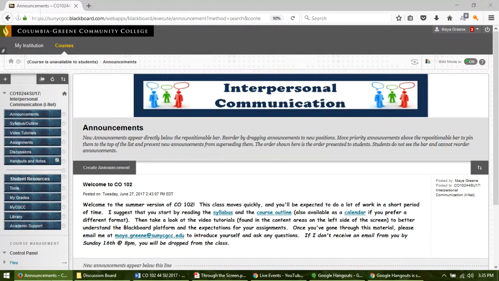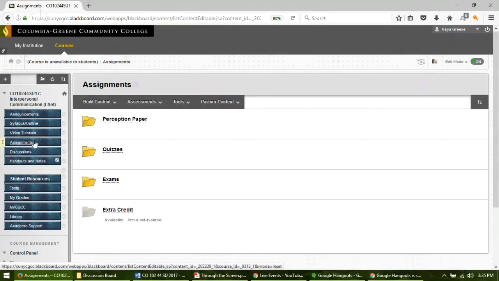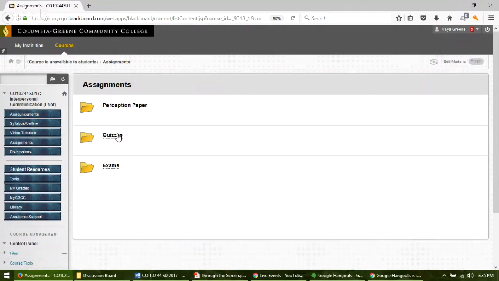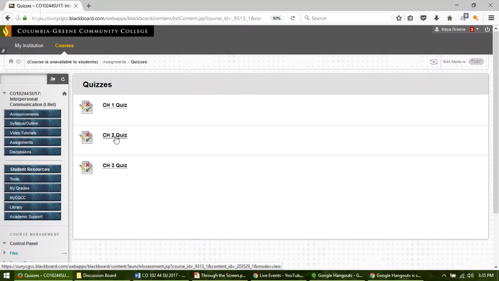So first and foremost, you're going to go into the Assignments tab here on the left. And within this module, you're going to see a folder entitled Quizzes. So you'll click on that folder, and within there you're going to see the quizzes that are available to you